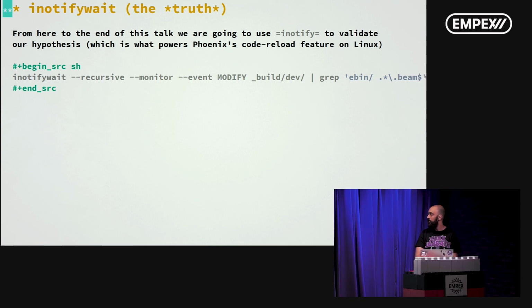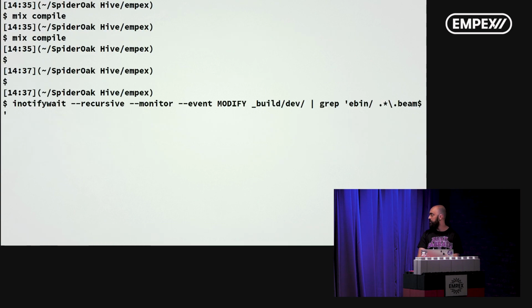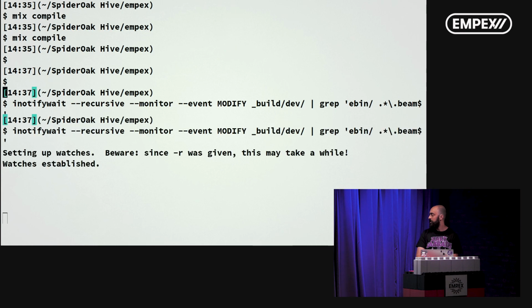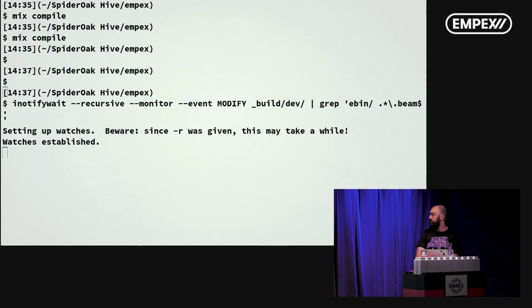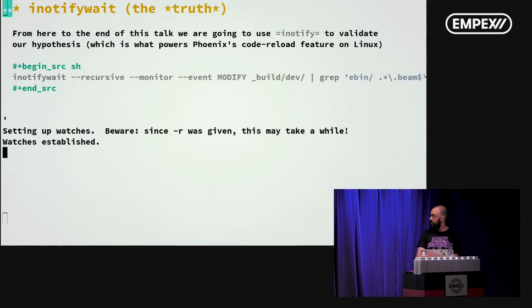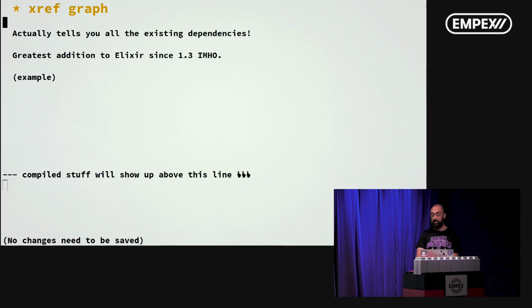So what I'm going to do here is run this magic incantation. And just a second so I can set up the... Okay. So when we recompile something, we will see it down here, right? So let's go. And another great thing is the xref